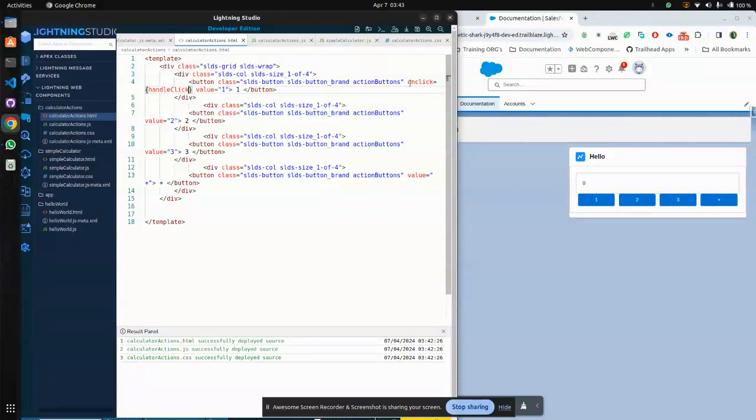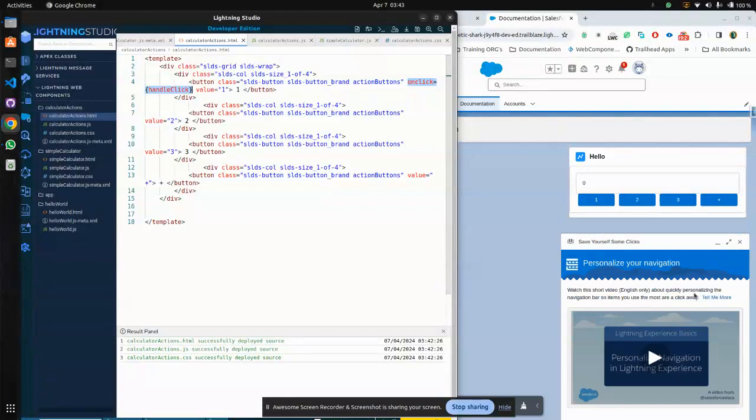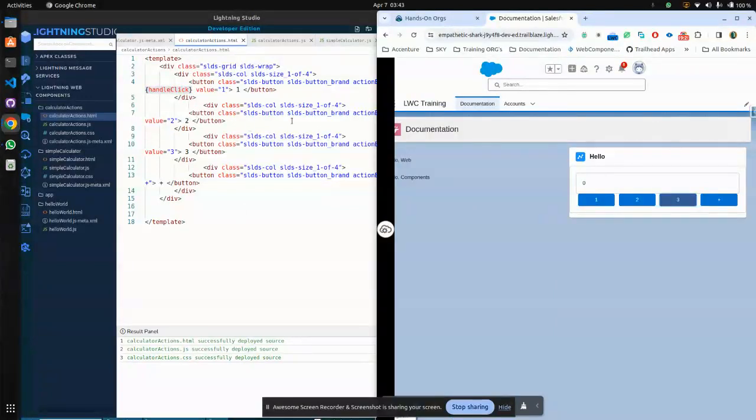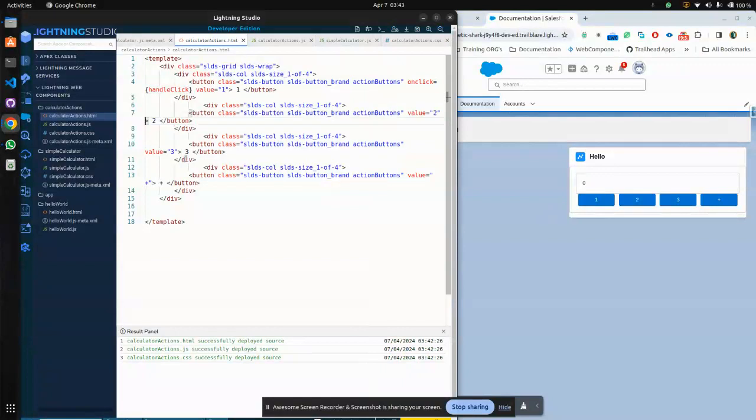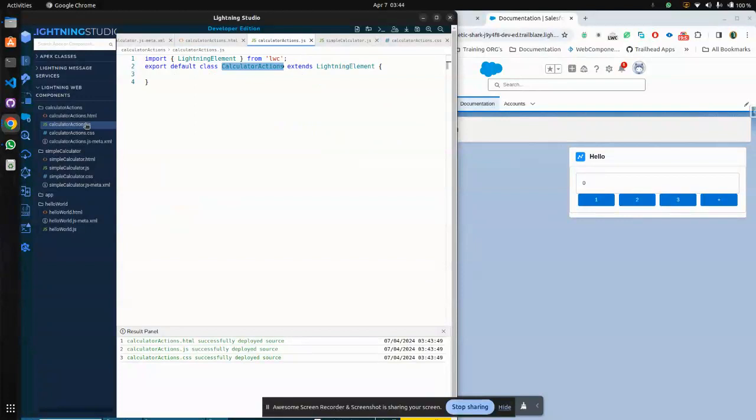Cool. We will copy the same thing over here in the rest of the buttons because we want to see the values. So we will simply copy, Control C, and we will simply paste it over here, Control V, Control V, and again Control V, and we will save it. So now we are saying that whenever on click is happening, you should call the handle click function. That means it has to be defined. So what we will do, we will go to our JS,